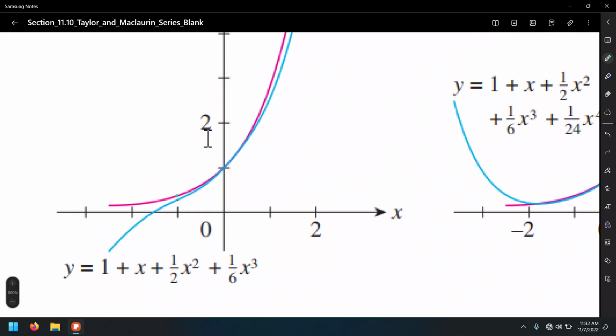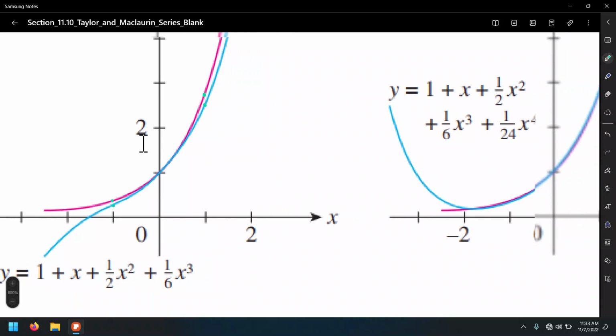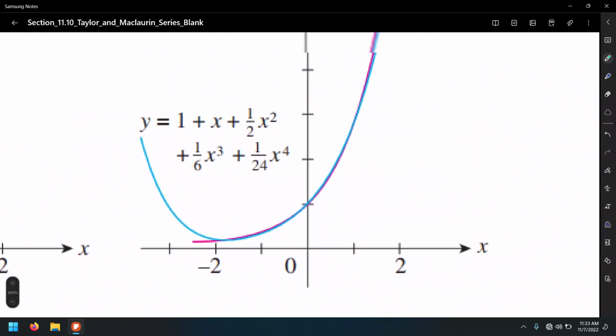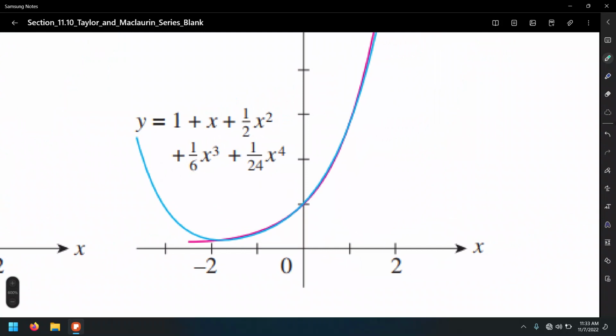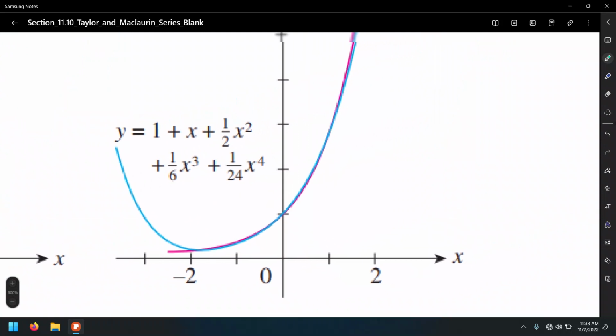Oh, do you see how this gap between the approximated and the actual value is getting smaller every time? Well, that's because we're adding more terms to the approximation. And let's see what happens with the quartic approximation. So at this point, for the quartic approximation,